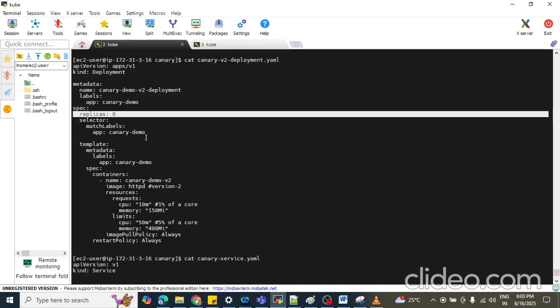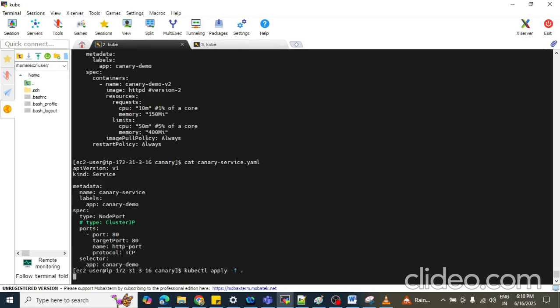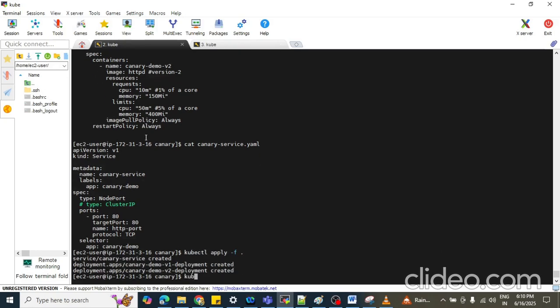But if you run version v1, let's try to apply this: kubectl apply -f. We are applying all three. Okay, so kubectl get pods.